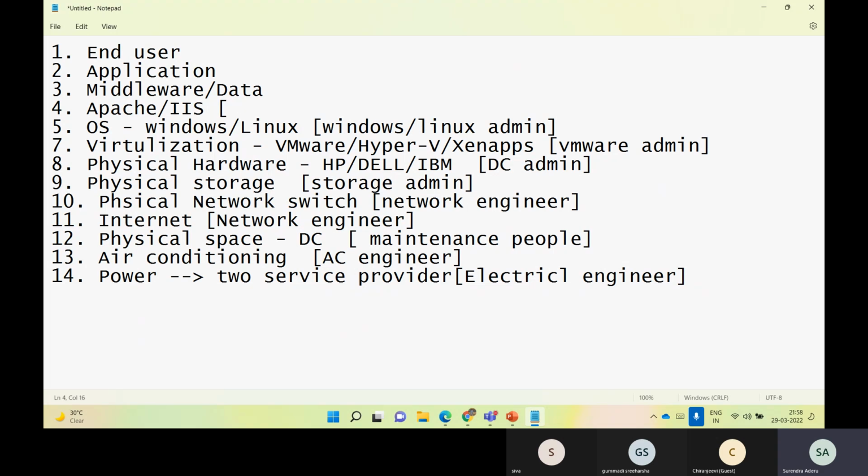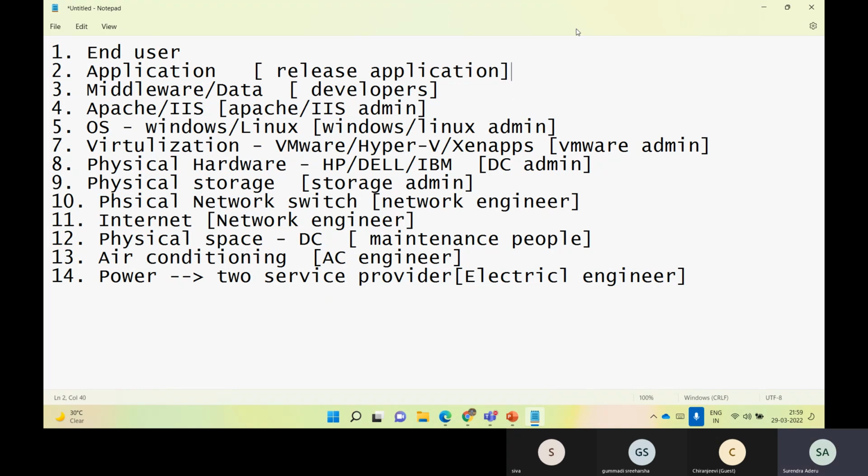So you just mentioned JBoss admin, WebLogic administrator, Apache Tomcat administrator. What do they typically do? They typically manage the website. Here, let's say Apache or IIS admin, we need them to run my website. To get the data, we need developers. And then release engineers will deploy the developers' code into an application. And then you are releasing the application to end users.